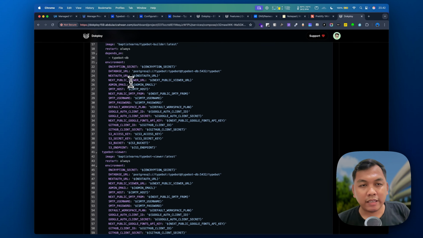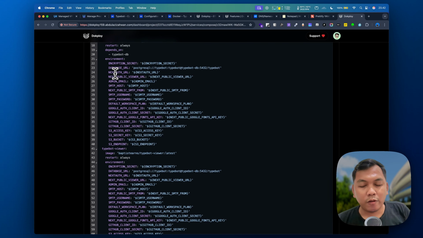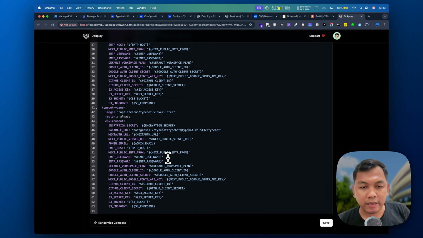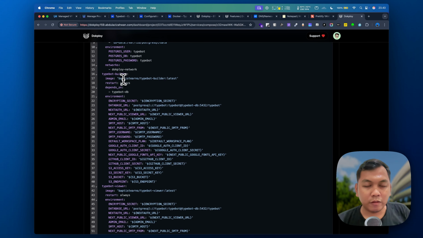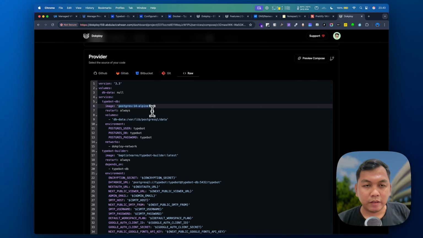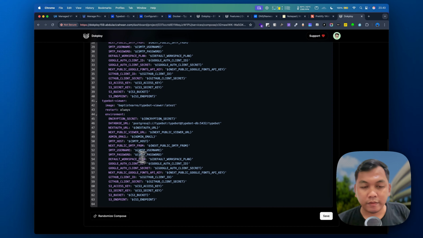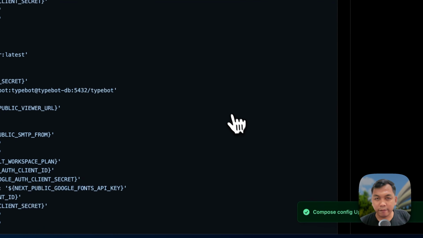This is authentication for the Next.js application, and then Next.js public viewer URL, and yeah, it looks like this. This is for the builder and this is for the viewer. So just press save